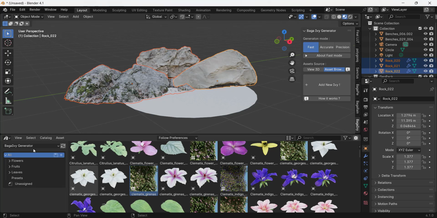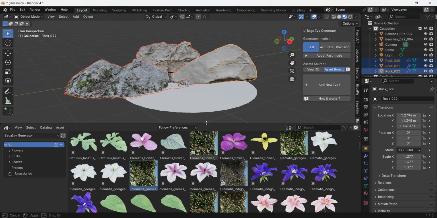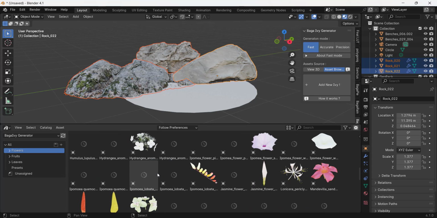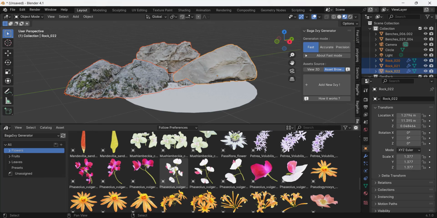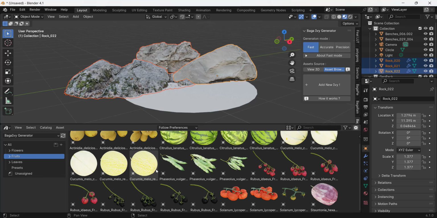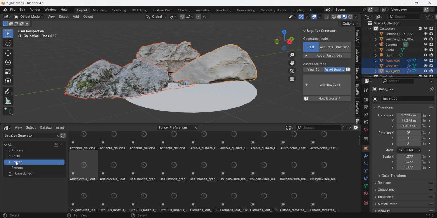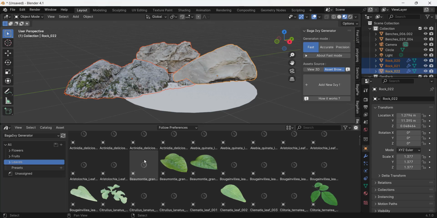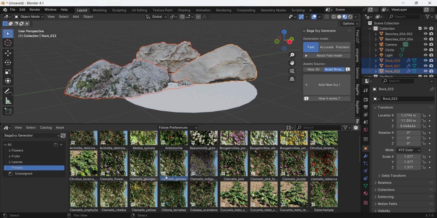And so one thing you're going to notice about that, if you go into the BagaIvy generator settings, or if you go into the BagaIvy generator asset library, is notice how you've either got all of the individual parts and pieces in here, like the flowers and the fruits and other things, as well as the leaves, or you've also got options for presets. And so the cool thing about that is that means that you can swap things out